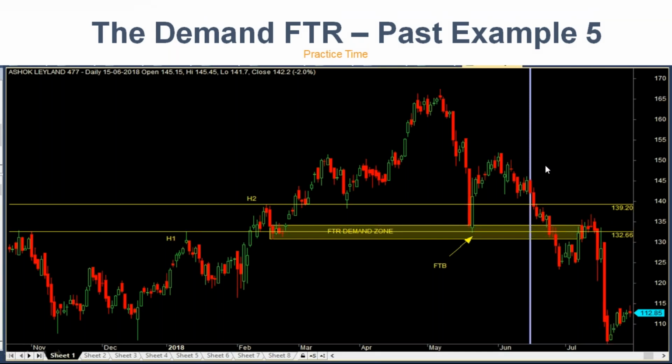Okay. There is a failed FTR between March and April. Give me 1 second. Let me try to mark that. Between March and April. Let's say H2. This is H1. Price broke H1. This is H2, formed a base. No, it respected. Good reaction. There is another FTR which worked. FTR1, FTR2.